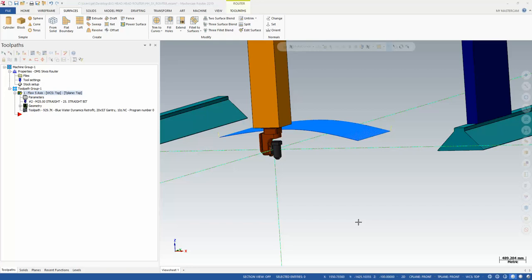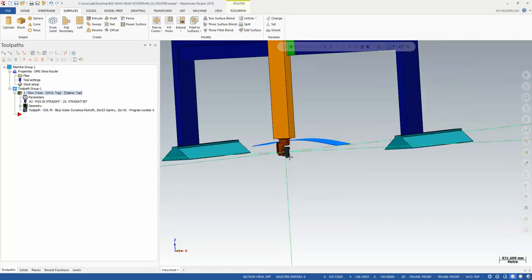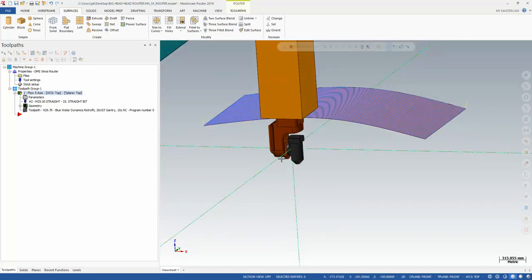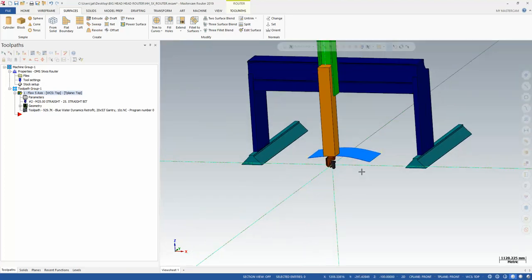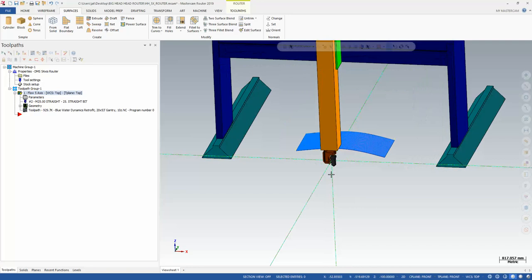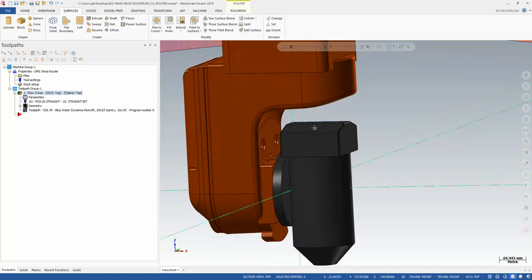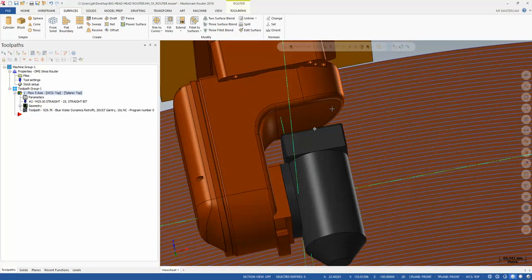Okay, so here I want to go through a short how-to with machine simulation on a head-head 5-axis machine. And this is going to be a special scenario where I want to point out some problems that might arise just due to how this machine is configured. And what you'll notice is, so if I set the